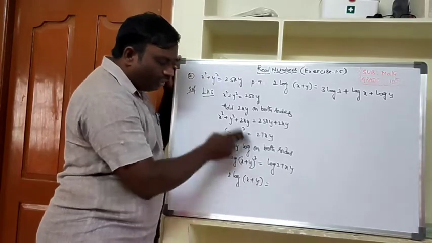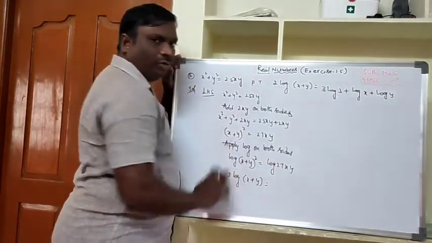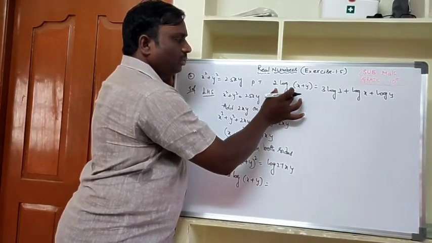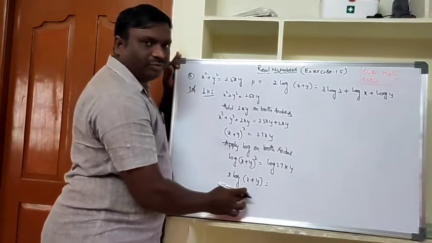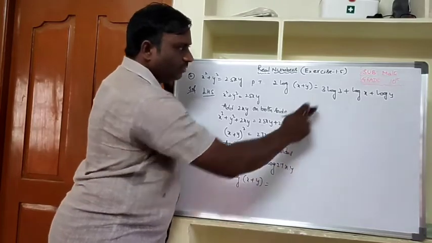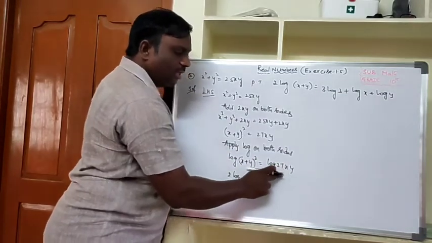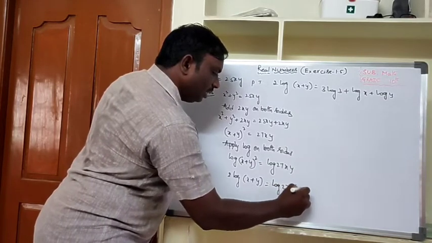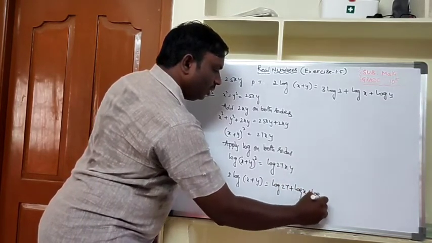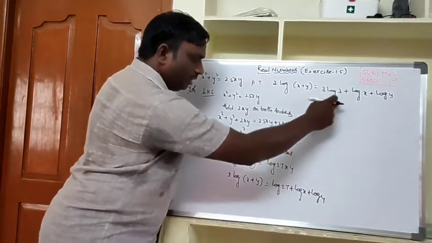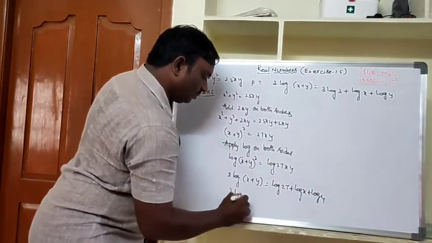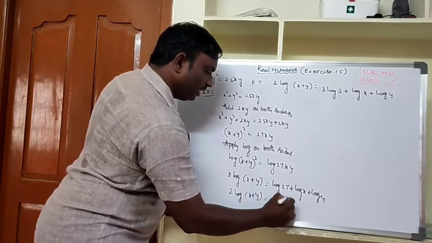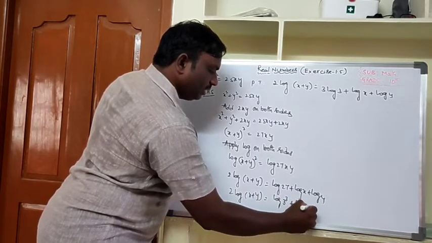Already we have got, when we are doing the simplification, you have to identify what we have to prove. Already we got the left hand side of that expansion, 2 log (x plus y), no need to change. We have to change this one, 3 log 3 plus log x plus log y. This is a product rule. Product rule means this can be written as log 27 plus log x plus log y. Already log x, log y we got here, then only 3 log 3. So 2 log (x plus y) equals log 3 cube we can write plus log x plus log y.